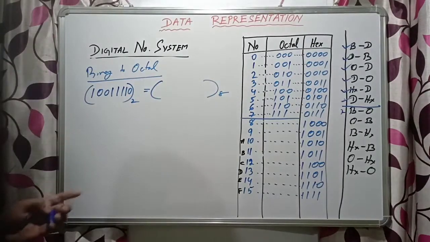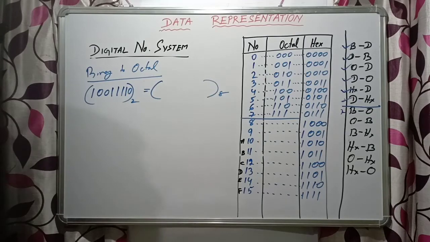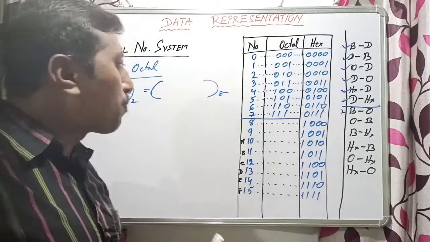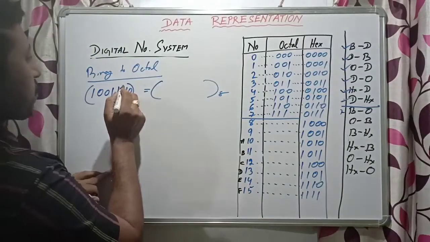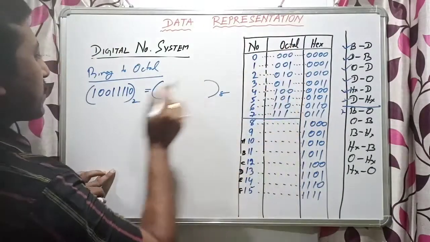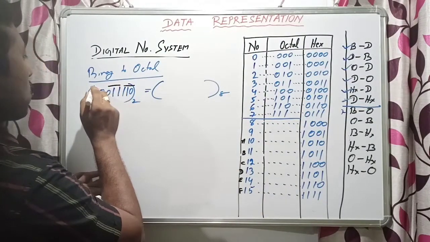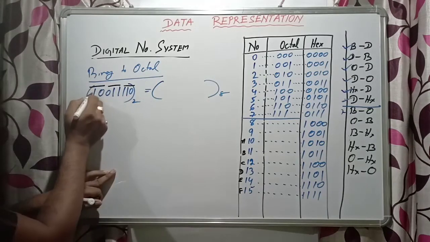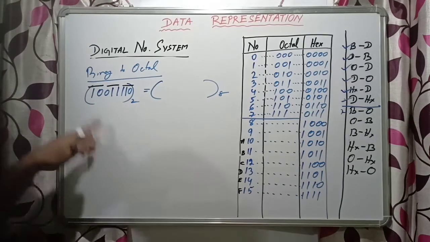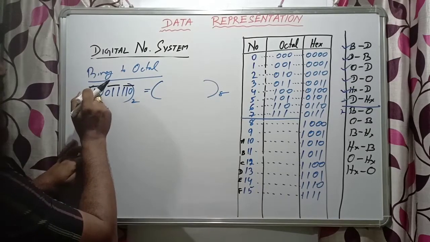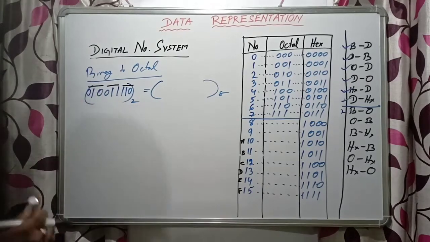In the case of this binary number, if you want to convert to octal, first grouping is very important. What do we mean by grouping? From the right side, because octal means 3 digits, make one group of 3 digits from the right side. Here you see 10 is there, so we need one more digit to form a group. So we'll write one more 0 here, and now it is a complete group.